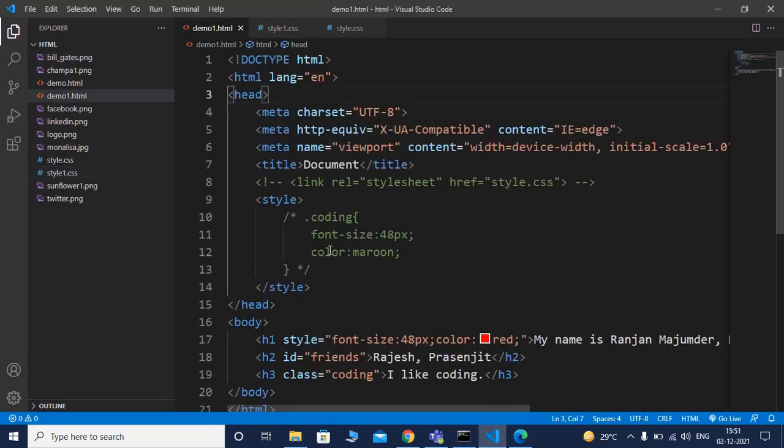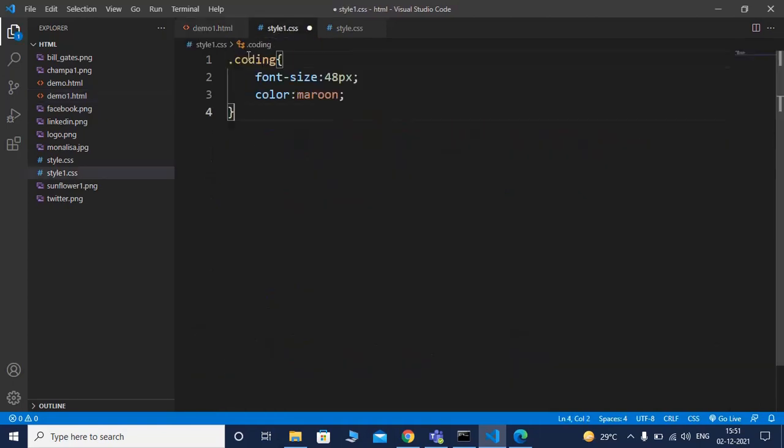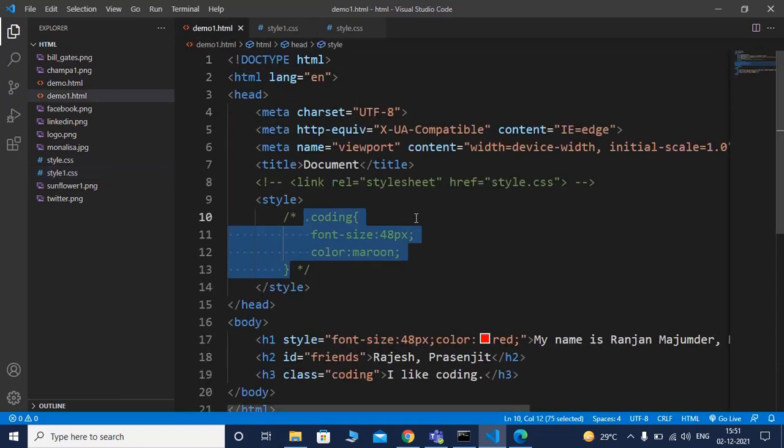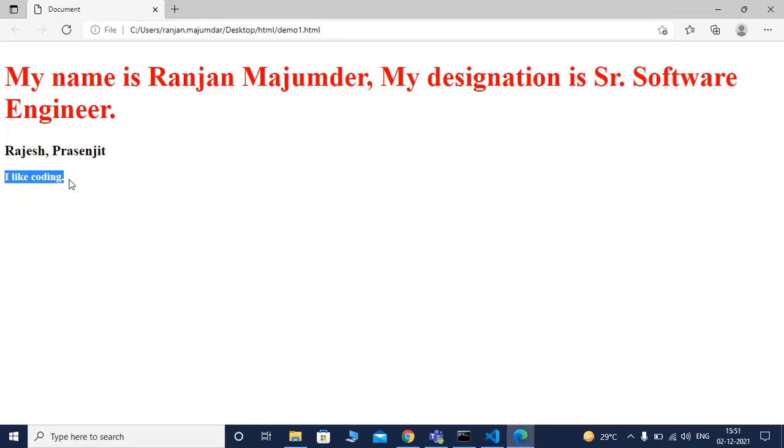Here I am copying this coding portion, saving it, pasting it and saving the file. You can see this coding portion is not applicable here. That is the reason you can see the default output of H3.